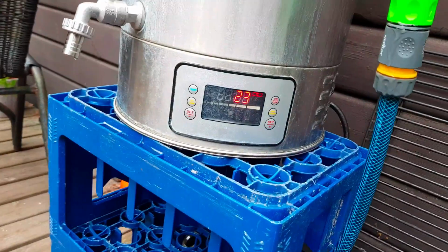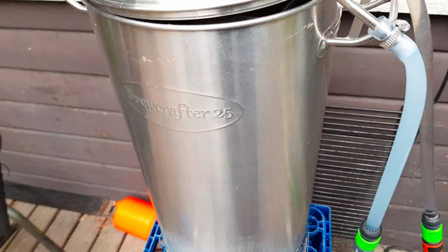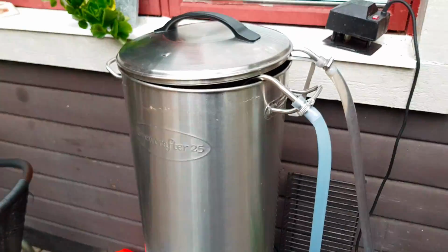Been cooling for quite a while now. We're down to 23 degrees, so it has gone quite okay. I'm gonna switch now using the water from my own well to get it cooled down. Okay,